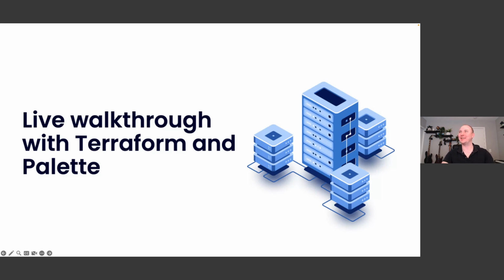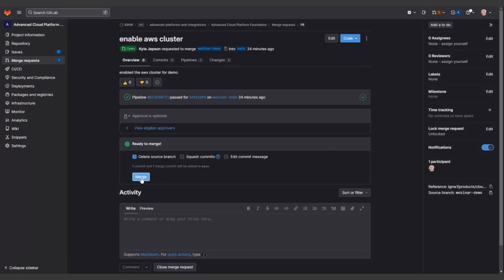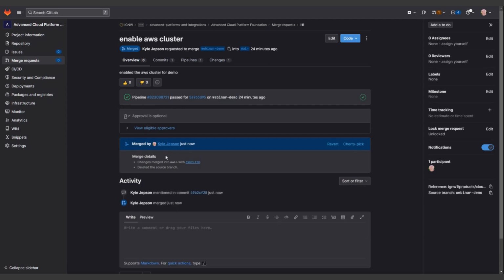Let me share my screen. Can you see my screen? Yep, I see it. Excellent. So basically what we're going to do here is hit merge on this merge request, and we'll look at a little bit of the code, and then we'll look at what's happening here. You can see the pipeline already ran to be able to run my Terraform plan, which is being run in Terraform Cloud. And then we're clicking approve on this merge request.